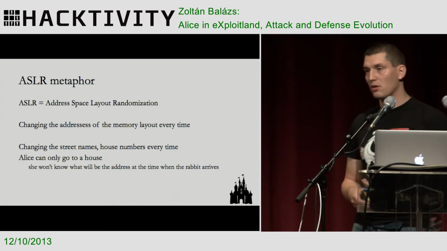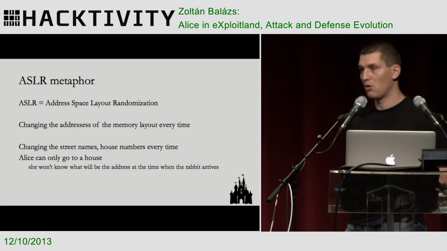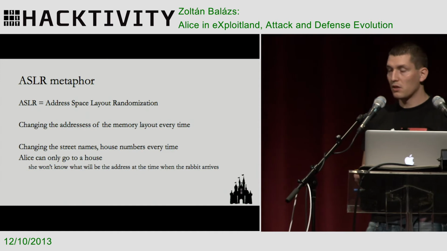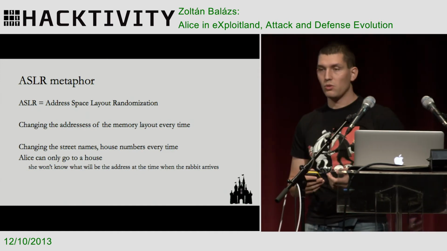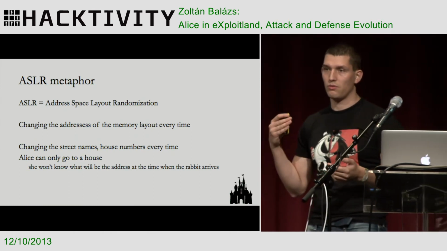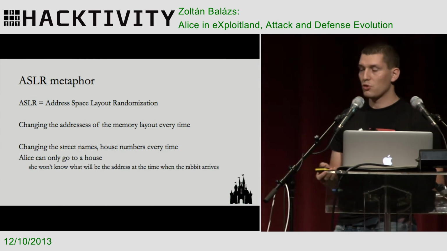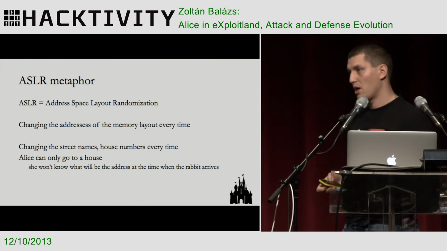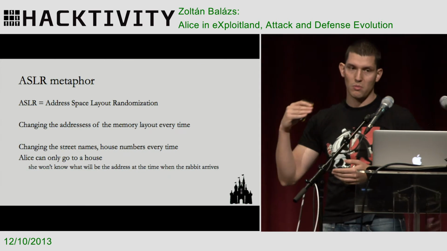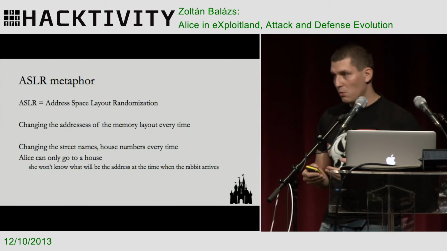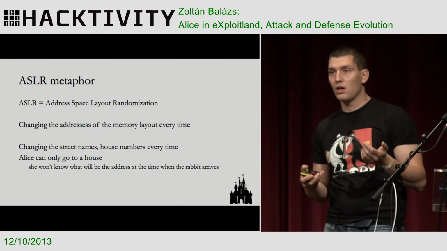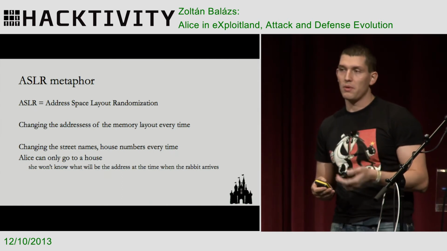The next exploit mitigation technique is called ASLR, which is address space layout randomization. This is, again, a very simple thing. It's just that every time the system reboots, the memory layout of the computer will be different, which means that all the DLLs and all the files in the memory will be loaded at a different memory address. And again, when we are talking about Alice, this is the same as when Alice can tell the rabbit that you should